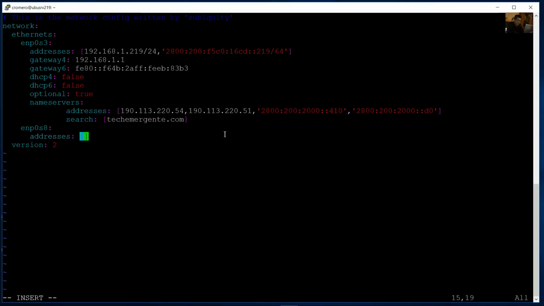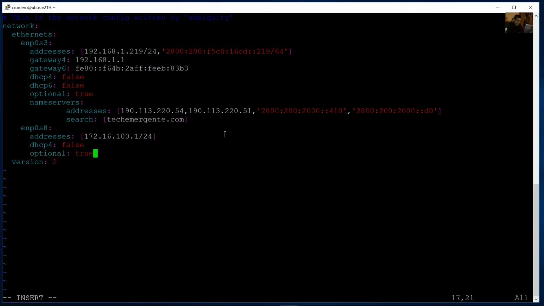First, I will configure the IPv4 address, a new subnet, a different subnet for a new local area network. In my case, it will be 172.16.101, prefix 24, and I will configure IPv6 later. For now, do not configure a gateway because this interface is the gateway for the local area network. For the new subnet, this interface enp0s8 is the new default gateway, and dhcp4 false,